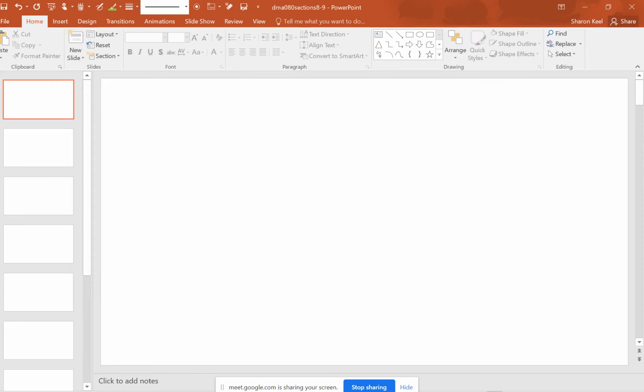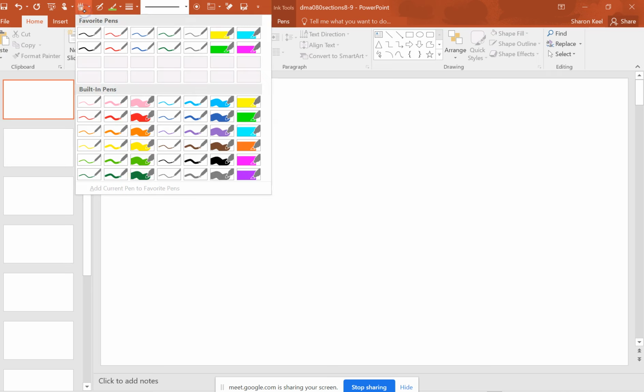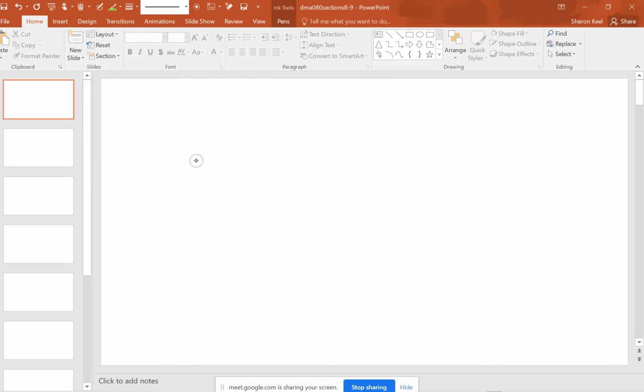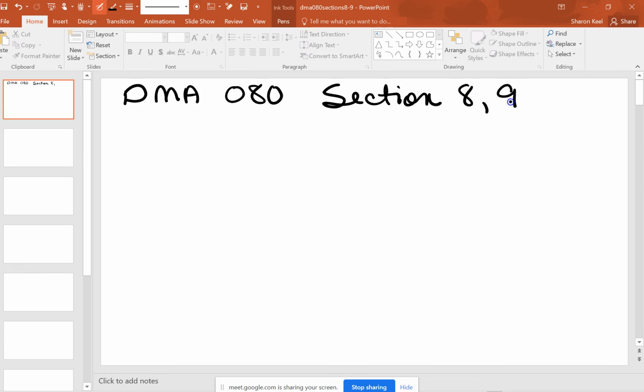Okay, our last two sections that we have are for DMA 80. We have sections 8 and 9. Now, in the workbook, we have a couple of questions in section 9, but there are no questions for section 9 on the computer on MyLabs Plus. So what we're looking at here in section 9, this is DMA 80. Section 8 refers to, I'm going to list it as 8 and 9, but 8 is referring to using the